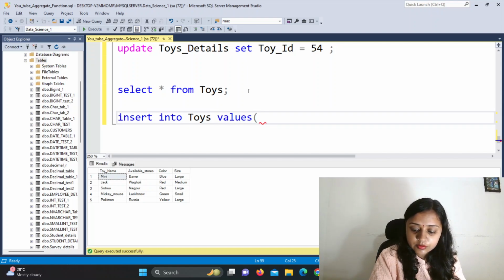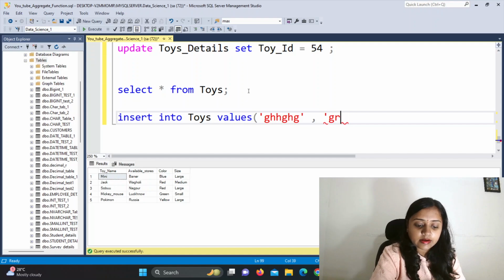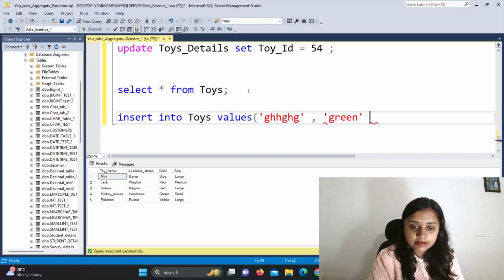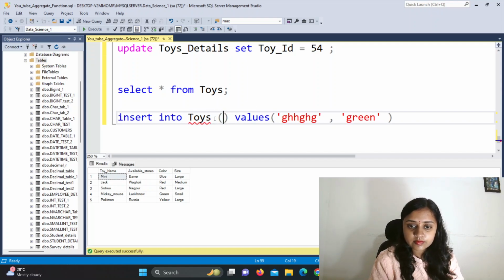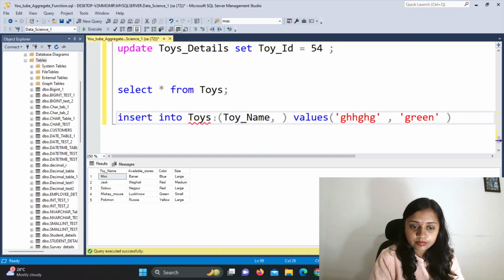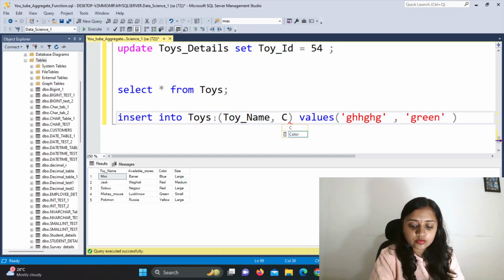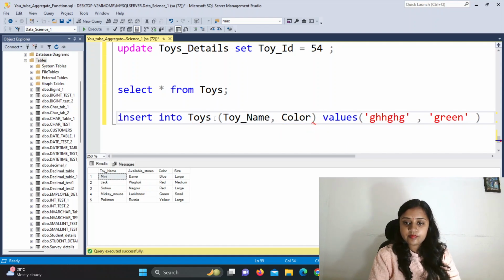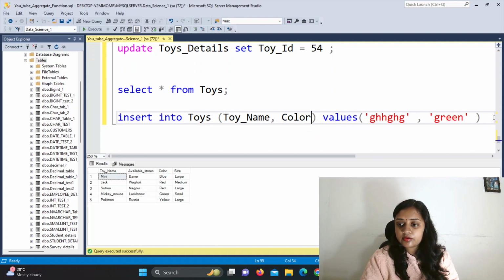Now I want the toy name to be something, and I don't want to give available stores, color green let's say, and size also I don't want to give. So we need to give the column names here: toys, toy name, and the color column. Okay, now it's all set.